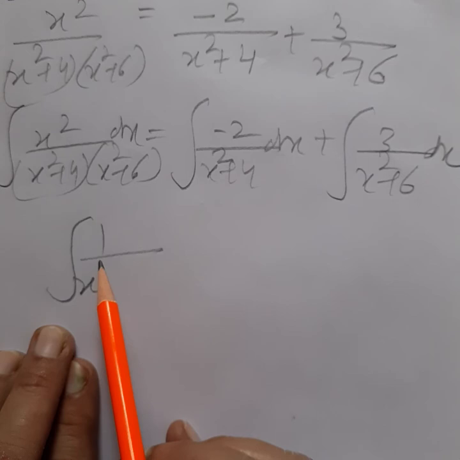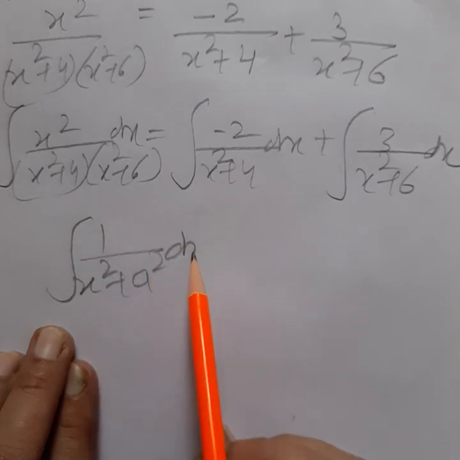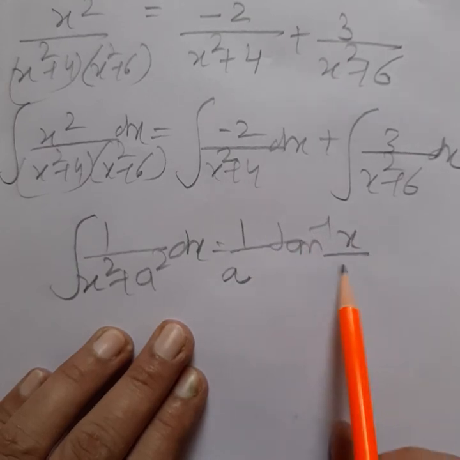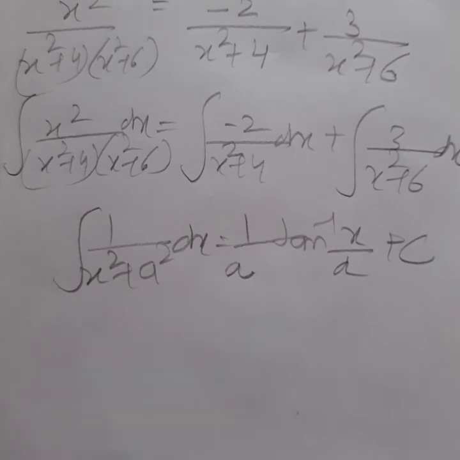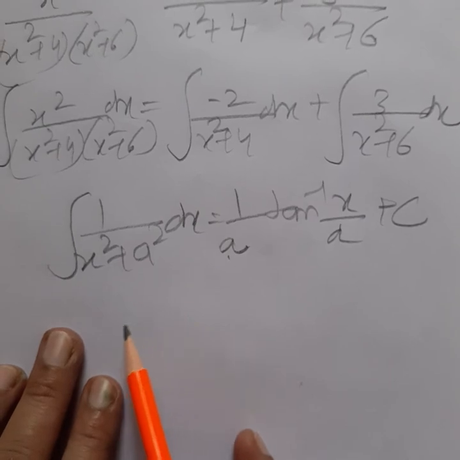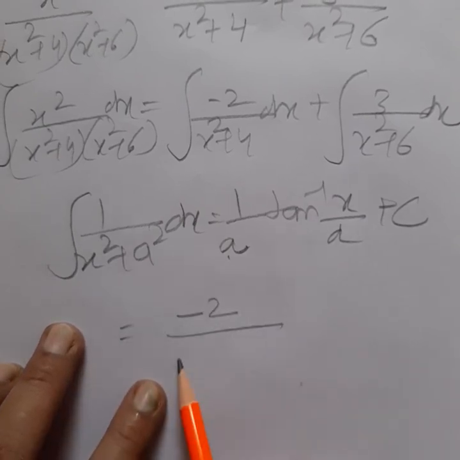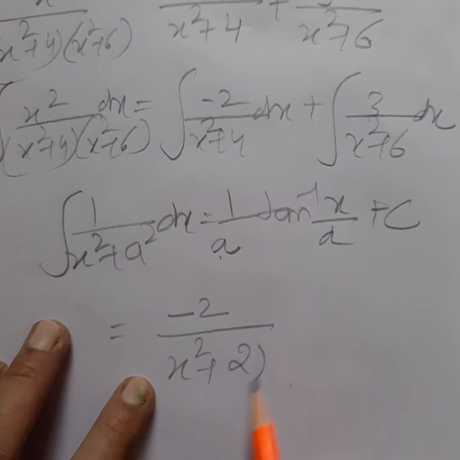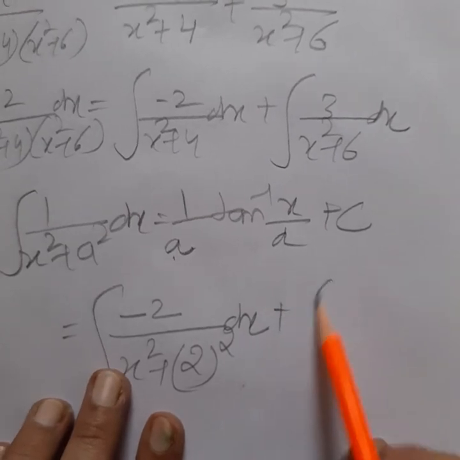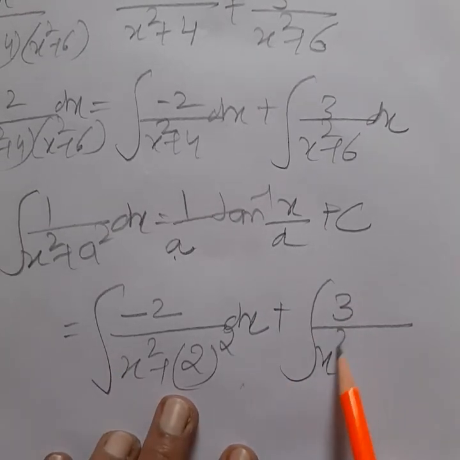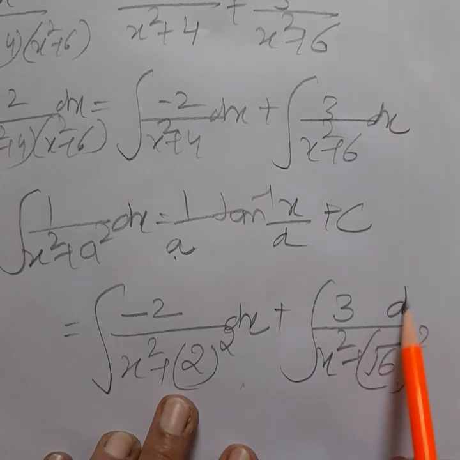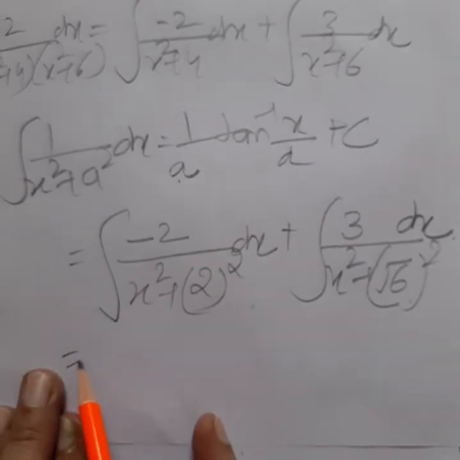The formula of 1 over x square plus a square is 1 over a tan inverse x over a plus c. Now what is the value of a here? You can write it as x square. We can write the 4 as 2 square, and for the second one we can write the square root of 6. Now we apply the formula, that is